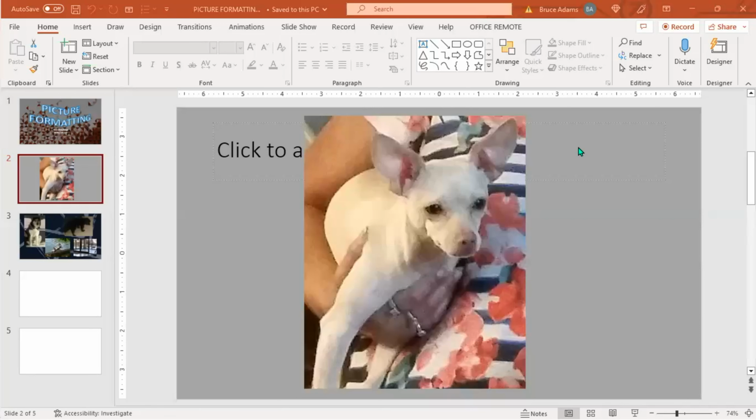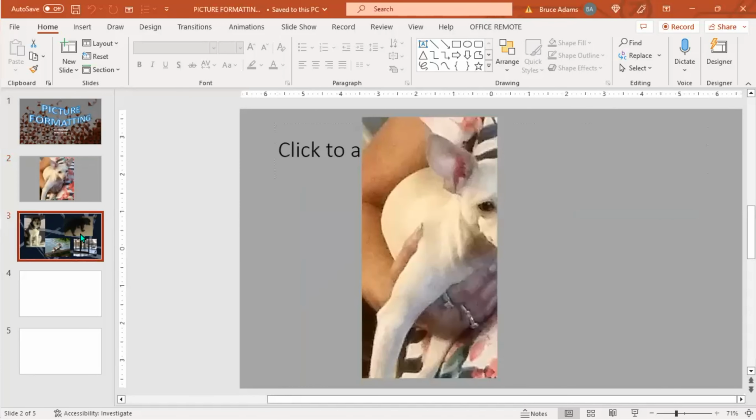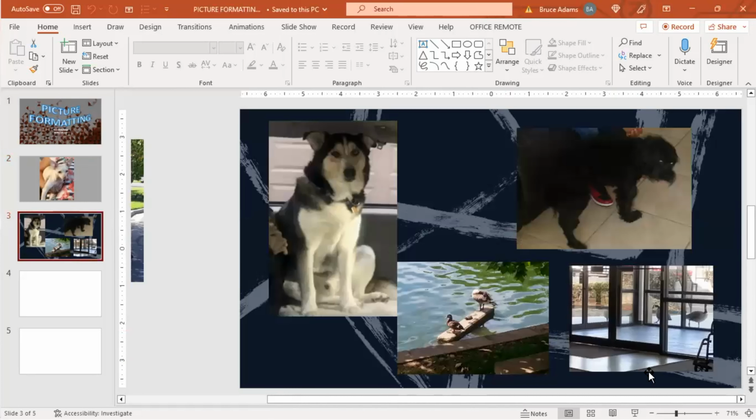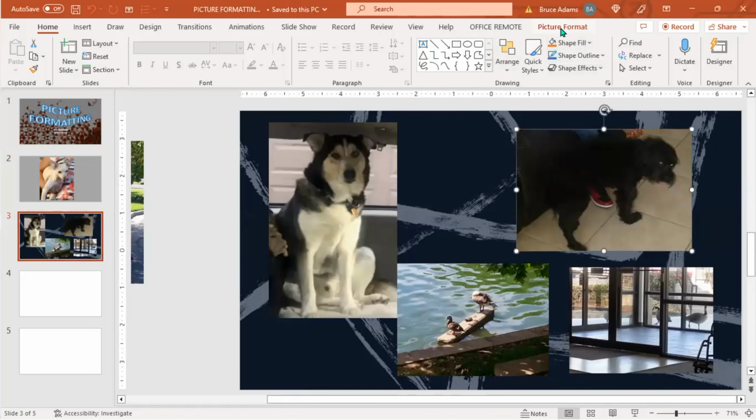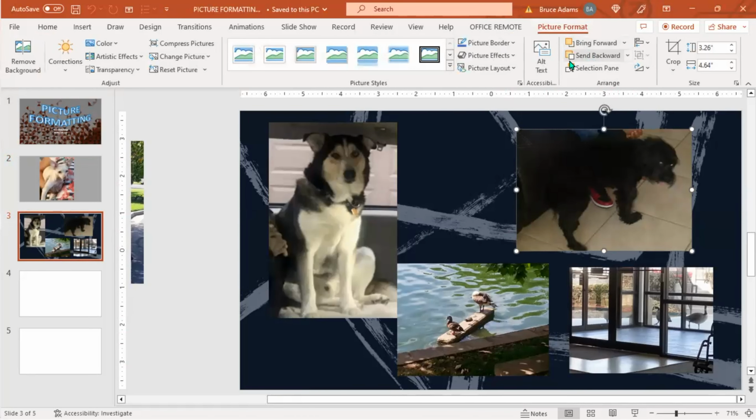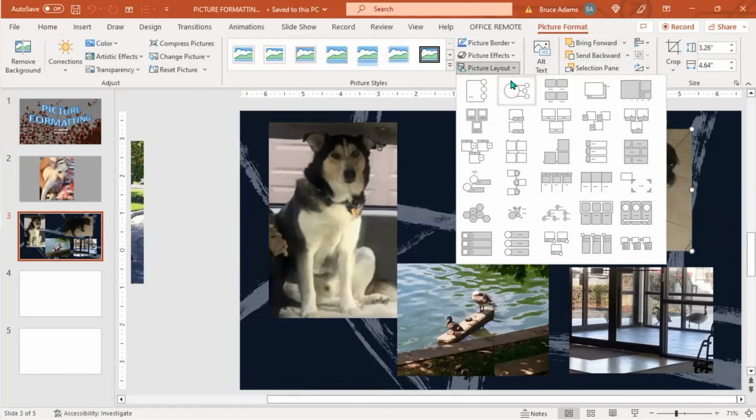Okay, I figured out my technical difficulty. So if we move to our next slide, this would be more applicable, I believe, for, let's click on an image so we get our menu back for this picture layout where we have all these different options here. It looks like about 25 or so different options. If we wanted,